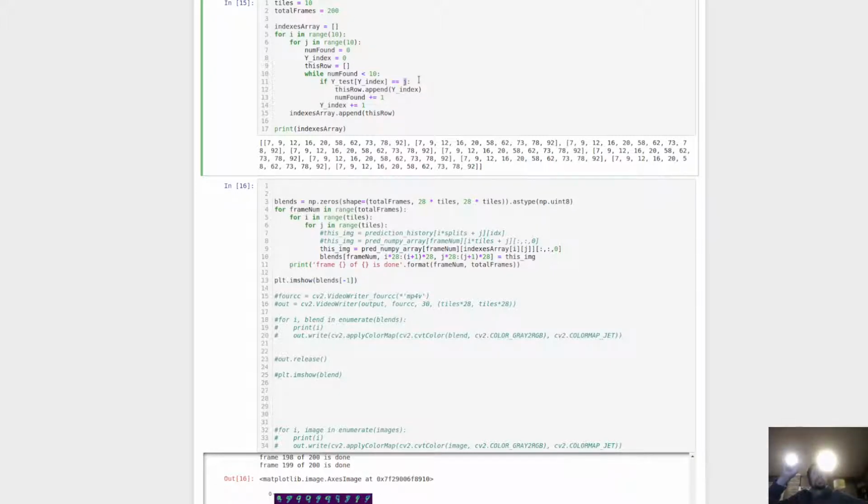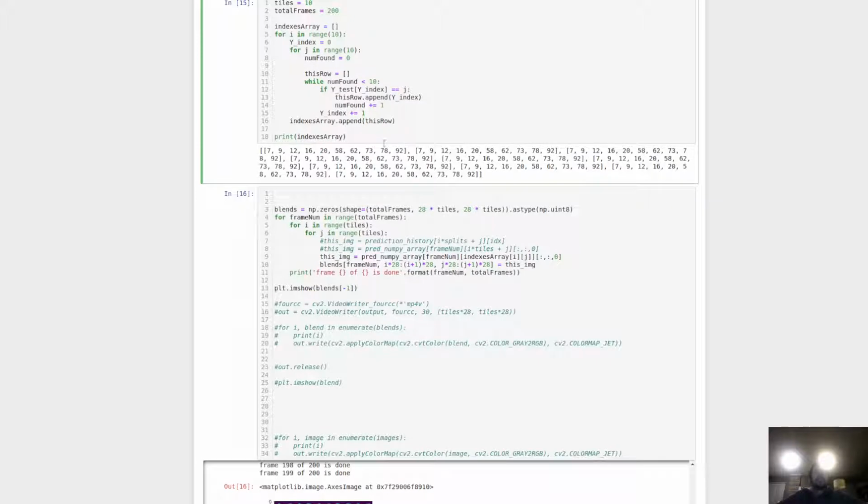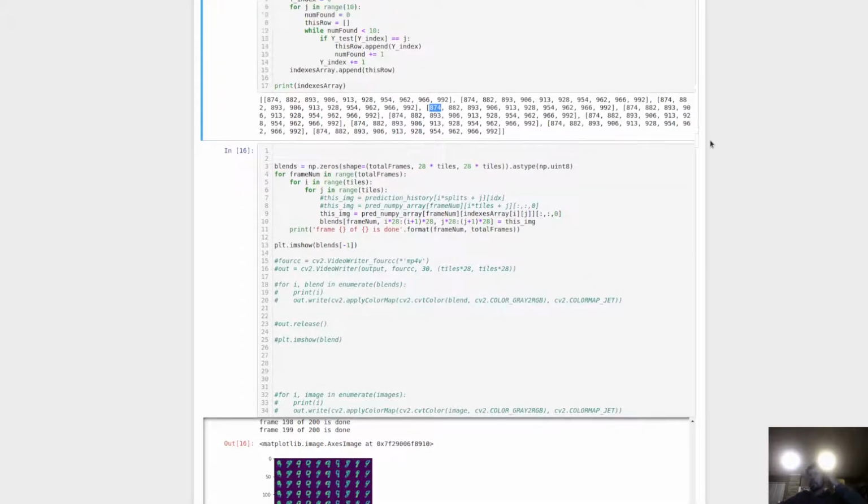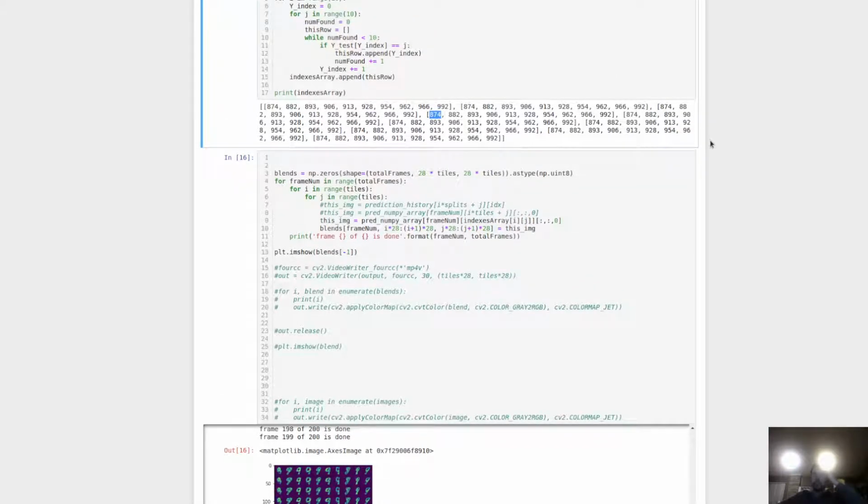Okay, number found, so okay, that goes there. Number found, that stays here. This row is that this might fix it. 874, 874, 874. Same problem, different problem. All right, so y